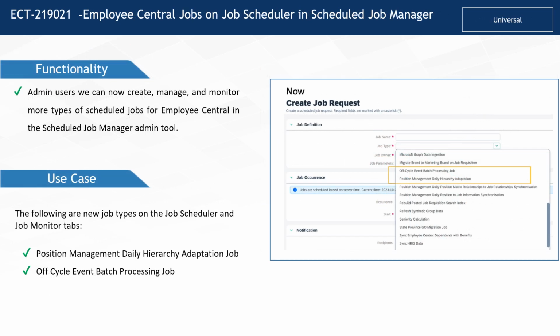Employee Central jobs on Job Scheduler in Scheduled Job Manager. You can now create, manage, and monitor more types of scheduled jobs for Employee Central in the Scheduled Job Manager admin tool. These jobs are now available only in the admin center and are no longer available in provisioning. The following are new job types on the Job Scheduler and Job Monitor tabs. Position Management Daily Hierarchy